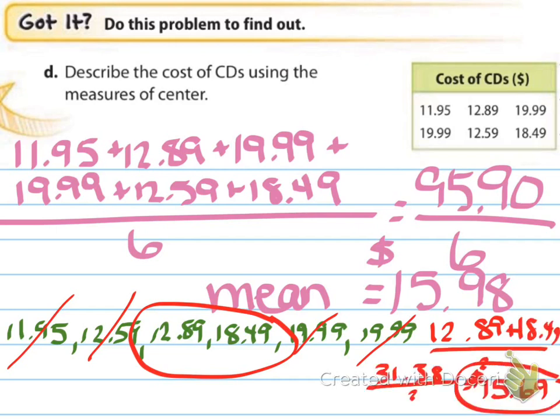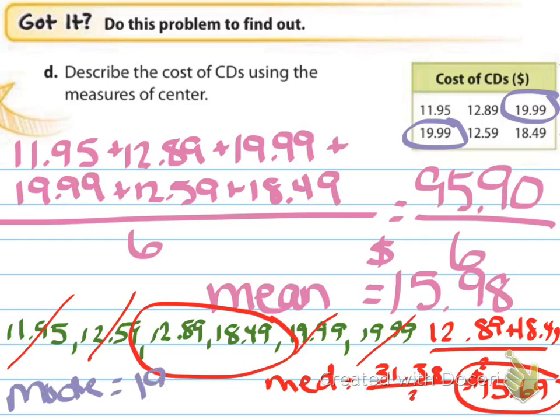And so when I add the two together, it's $31.38. Of course, that's not my mean or my median. So I'm going to take that amount and divide it by 2 and get $15.69, and that is our median. And then to find our mode, it's the one that shows up most often, and the one that shows up the most often is our